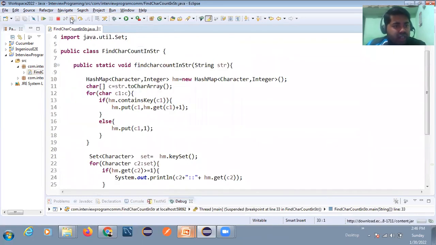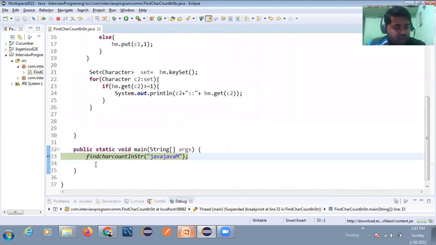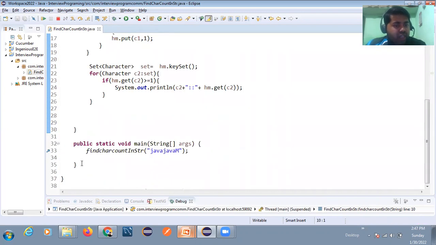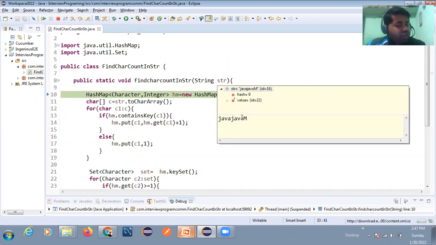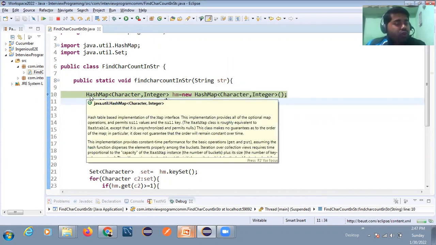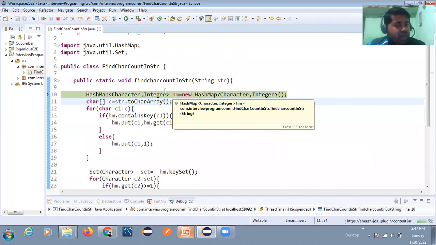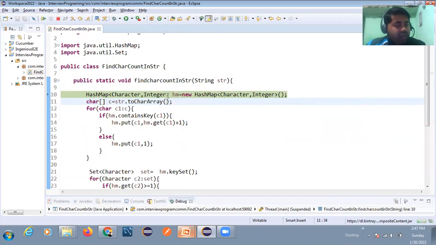So you can see here we have step into and step over. I will press step into. You can see now this is your method, right? And the control will go here. Understood, right? So you can see here what input you are going to pass. I took this input from here, and after that I took one hash map. You can see this is your empty hash map, with key as Character and value as Integer. Then after that we converted this string into a char type array.